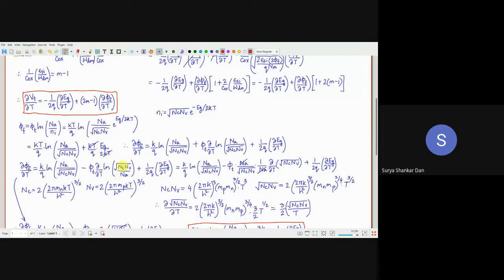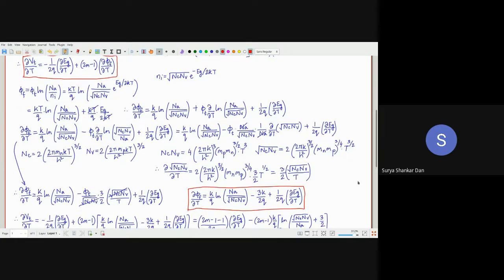Then we are trying to do a del T of this factor. Since it is ln, this will be reversed, like interchange numerator denominator. So Na is above, root over NcNv into, Na is a constant, so Na has come out of root over NcNv, plus the rest of the term. Okay, you can take a pause and look how it is going, because you will not find this derivation everywhere. I could have simply stated the final boxed relation, but this is a course on modeling, so it is better to understand how it is coming.